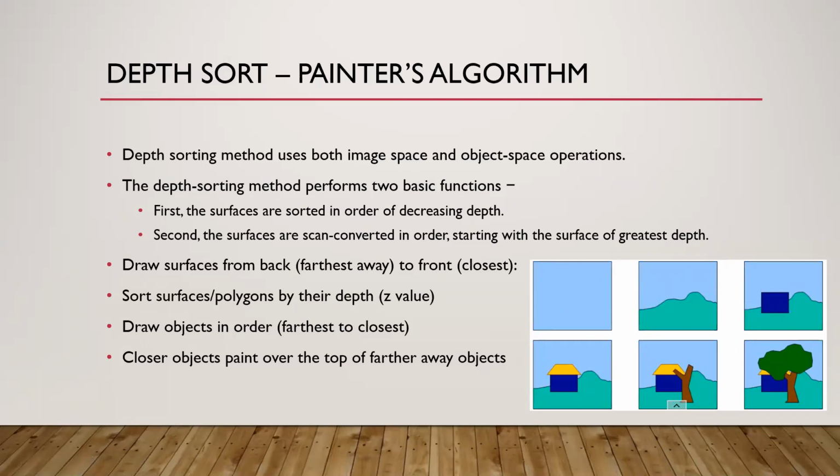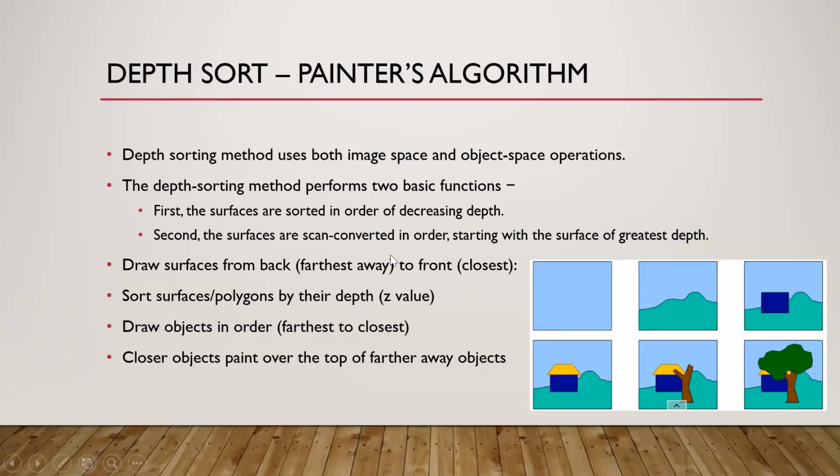That means first it's painted red, one color, then after that if something comes in front of it, it's painted again with another color. So the coloring depends on the depth value of each pixel. So you draw surfaces from back to front, that is from the farthest pixel to the closest pixel. How is it done? By sorting the z value. You calculate the z value for each polygon surface as you did in the z buffer. Then draw the surfaces in order from farthest to closest.